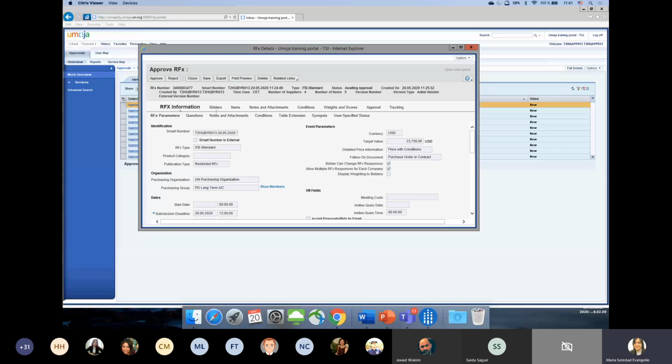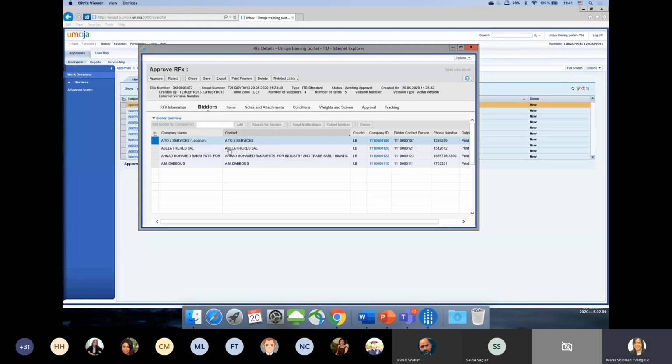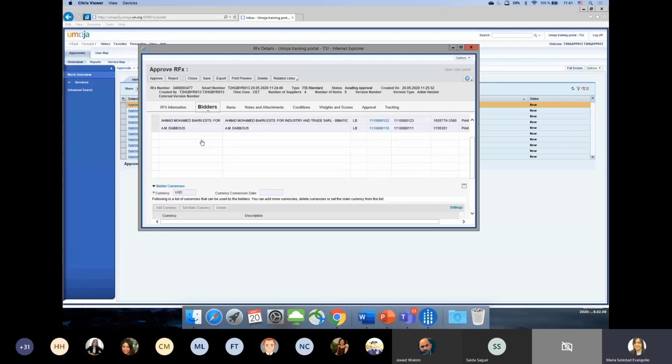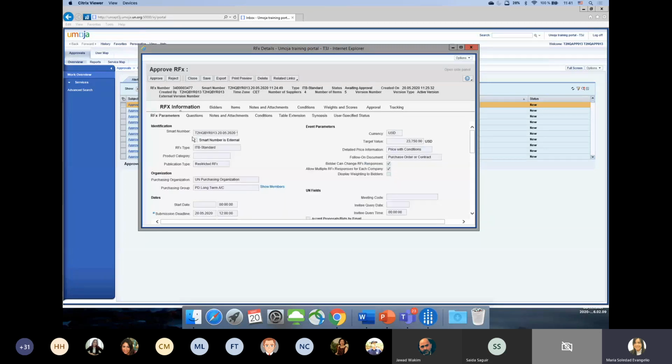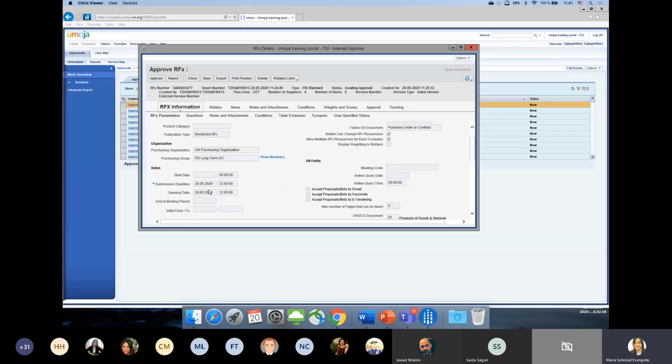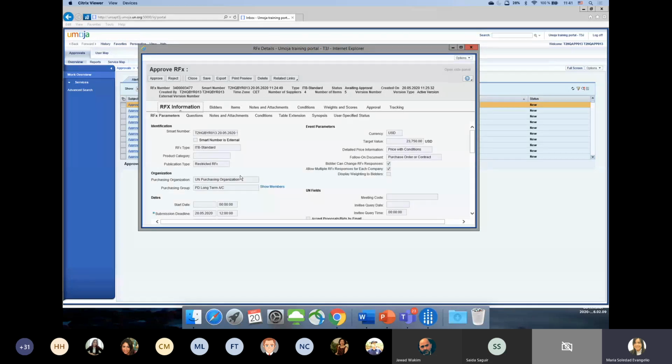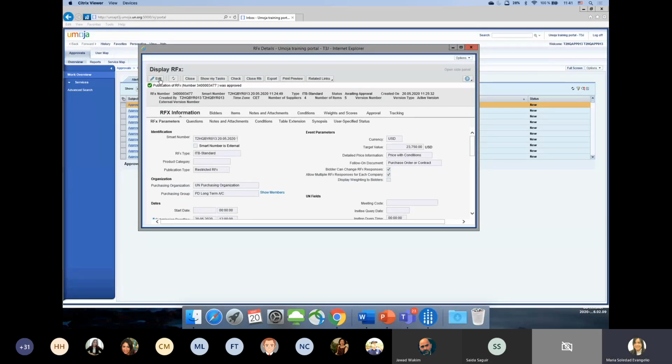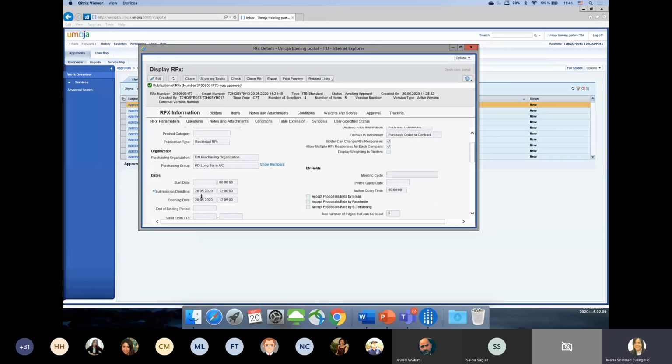Now I should review that all bidders are properly included, and the currencies as well. And in the RFX information, we have the proper dates typed, okay? So I will approve. From this very minute up to the 20th of May, today at 12, we will be able to receive responses and upload them